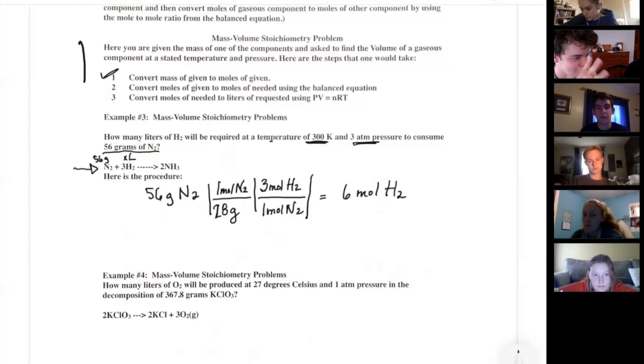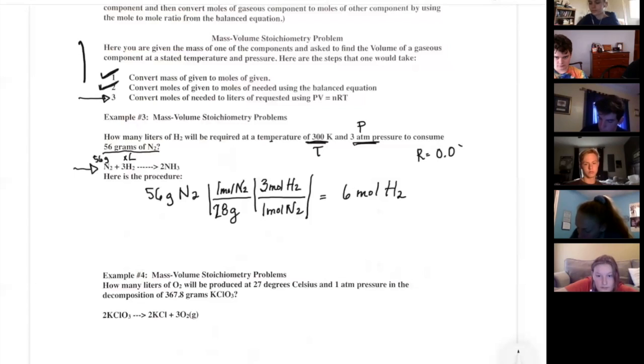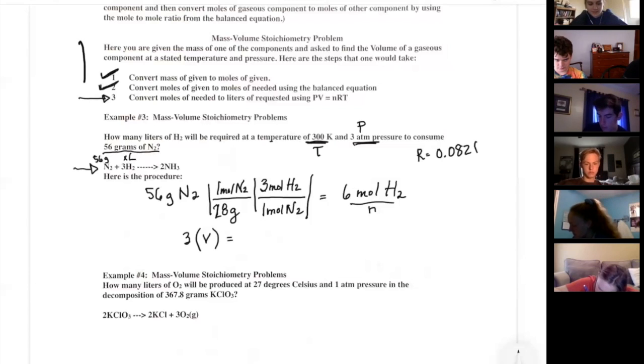So we have satisfied steps 1 and 2 here. So now we're ready to go to PV equals nRT. So we know pressure, here it is. We know volume, or we're looking for volume. We know temperature. We know R, because that's always constant. Conveniently. And now we know n, because we calculated it. So plug and chug. So P is 3, V equals 6 times 0.0821